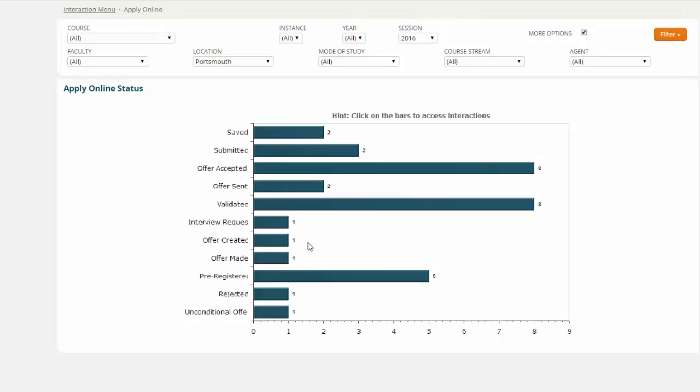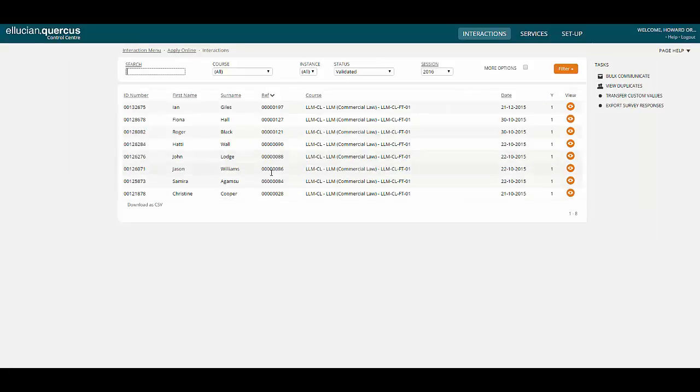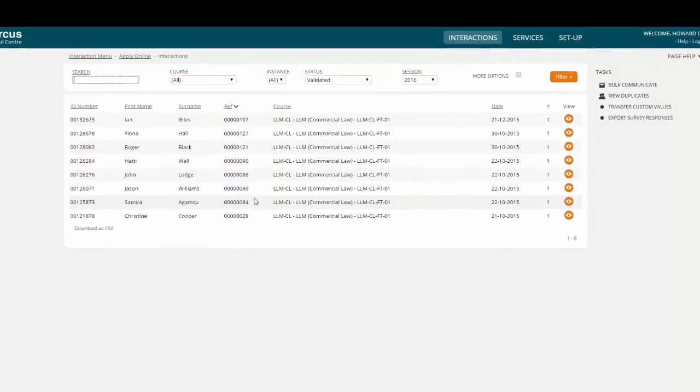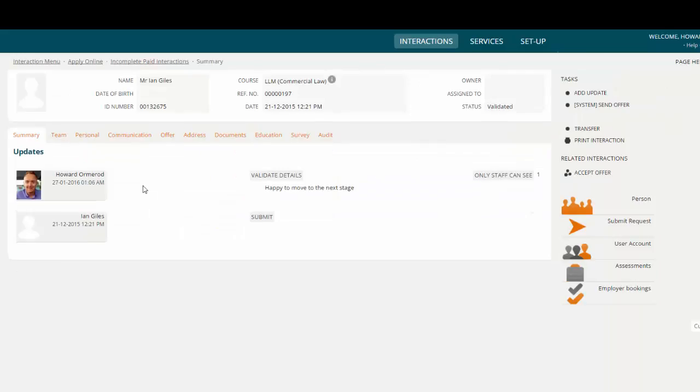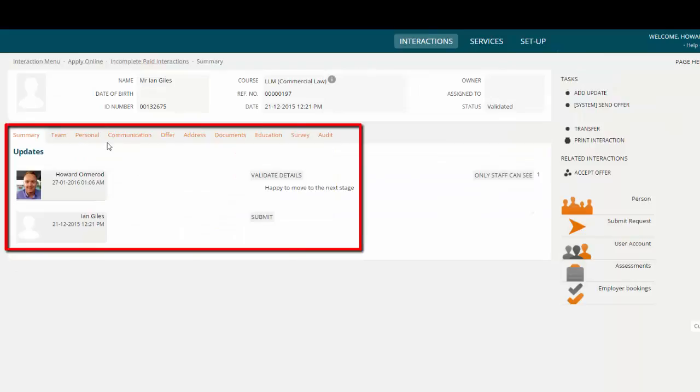And from this dashboard, I can actually drill down into the underlying detail to see the list of students that are at that particular stage in the admissions process. And anywhere where you can see the eye icon, I can actually click through and see the full 360 of